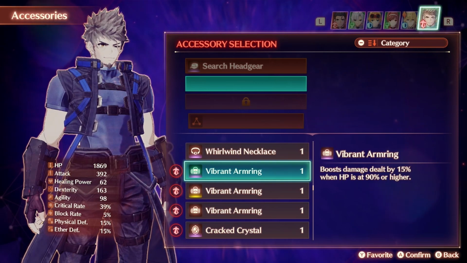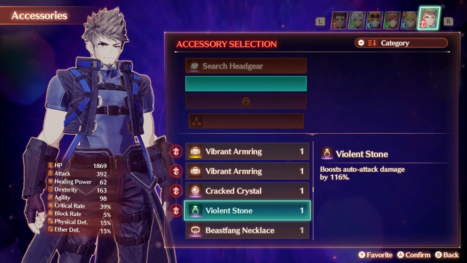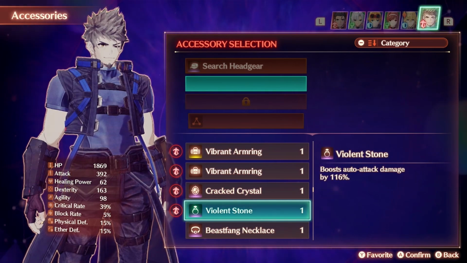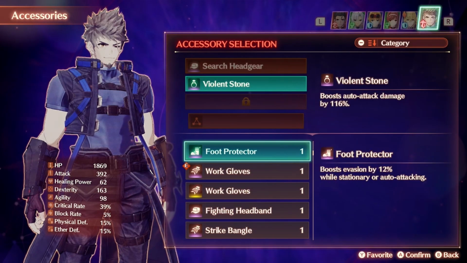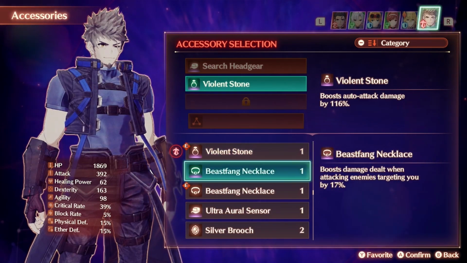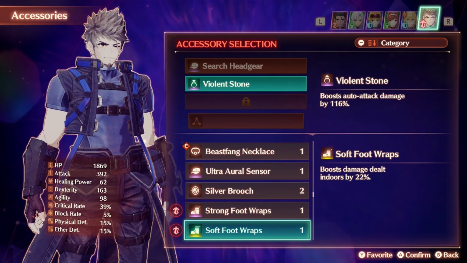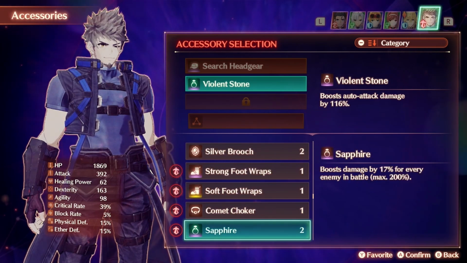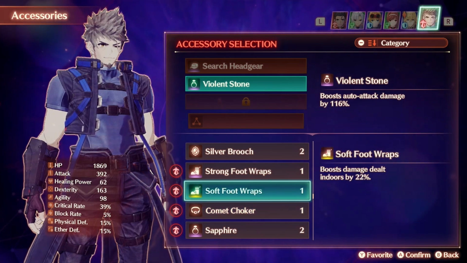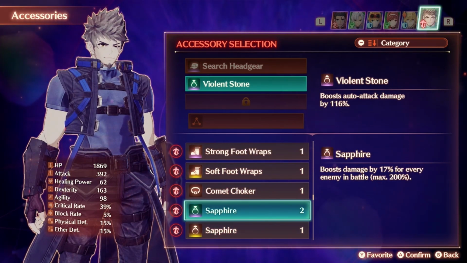But I don't know number-wise. This could be really busted, actually. But it doesn't seem very strong to me. This seems like per enemy in battle, but with fundamental differences. Auto attack damage, sure. If I see nothing better. Damage dealt indoors? Is there an indoors in this game? Outdoors might be okay. Once again, it looks like a lot of locations are considered... Unless... I guess caves could be indoors. For every enemy in battle...